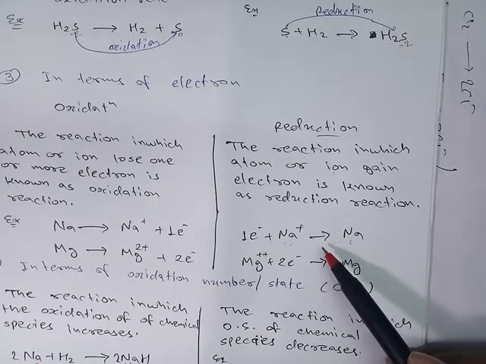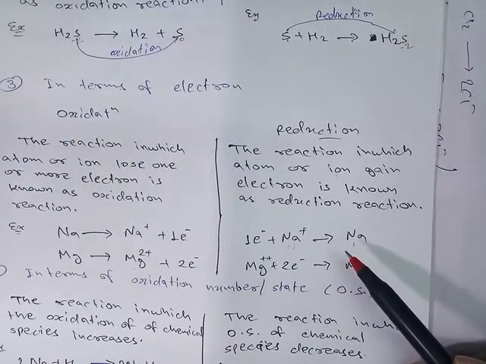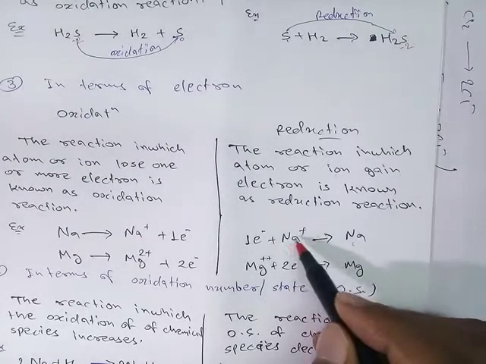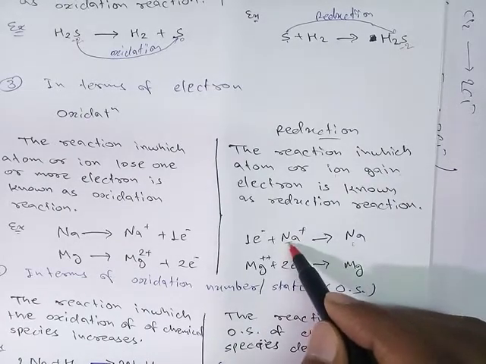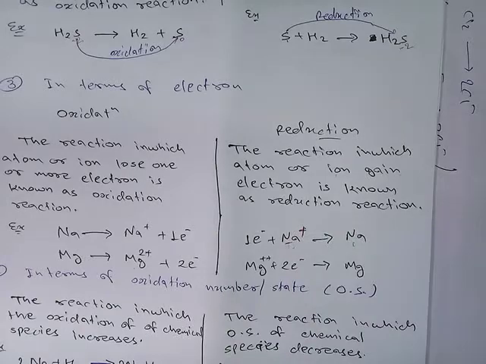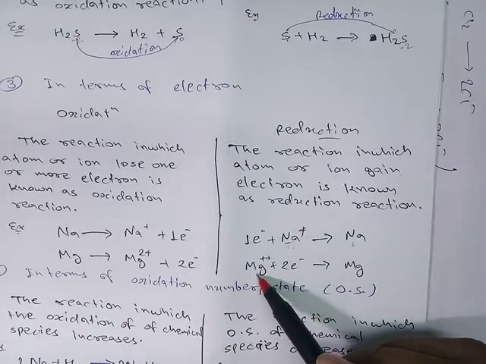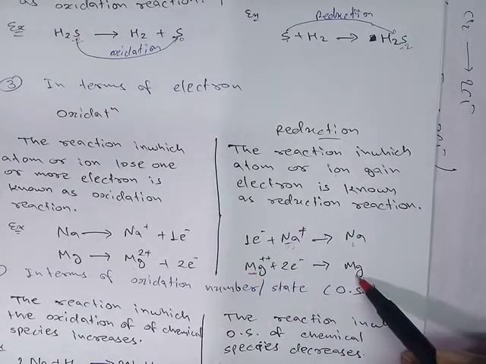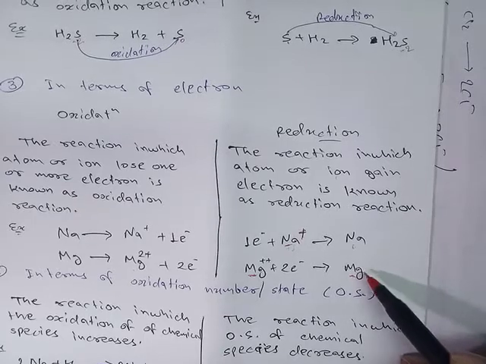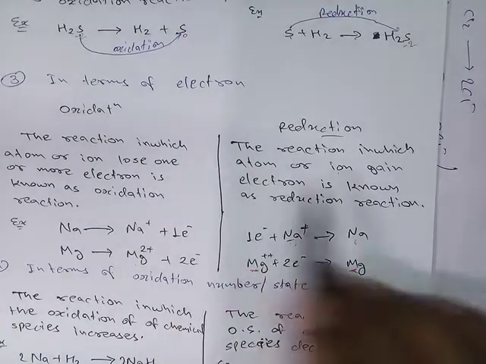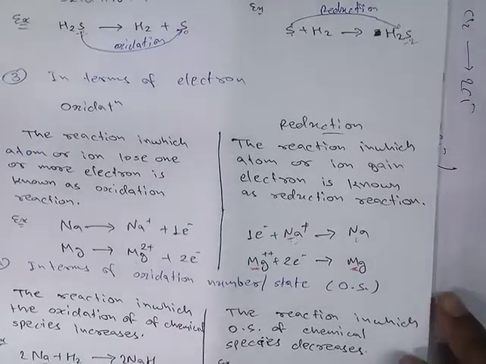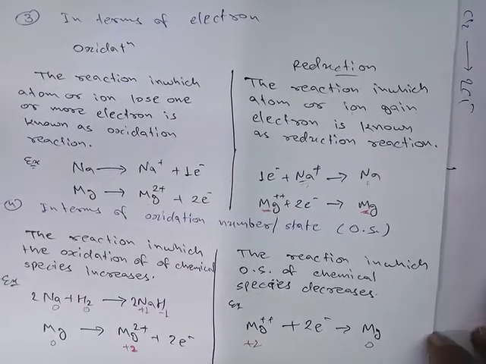So for any species which has a charge, meaning plus 1, minus 2, minus 3, etc., the oxidation number of this metal is equal to the number of charge. Like here the magnesium ion contains plus 2 charge, so the oxidation number of magnesium is plus 2, but here magnesium does not have any charge, therefore the oxidation number of this magnesium will be 0. So this is about oxidation and reduction reaction in terms of electrons, meaning removal of electrons or addition of electrons.